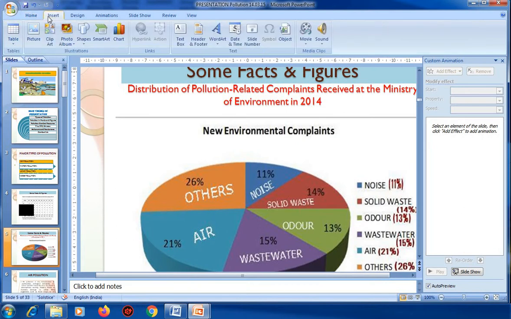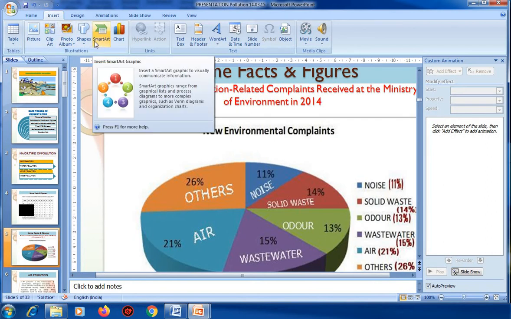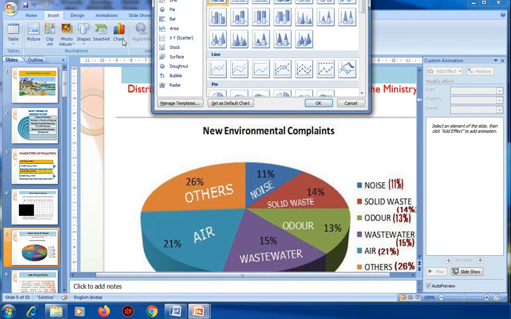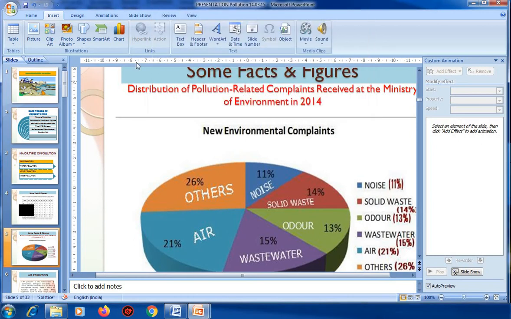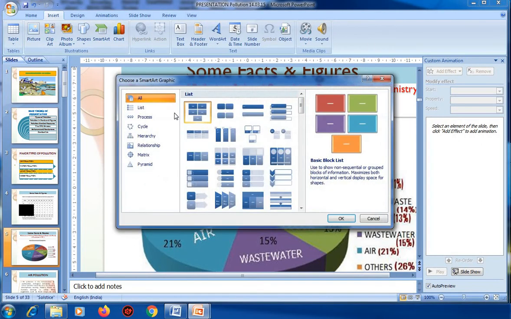Then select a category from the left and any graphic from the right side. Any graphic you can just select and insert.